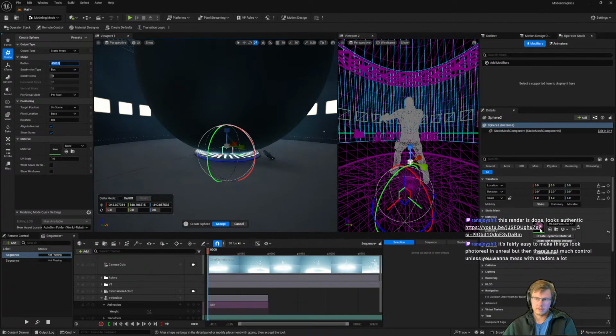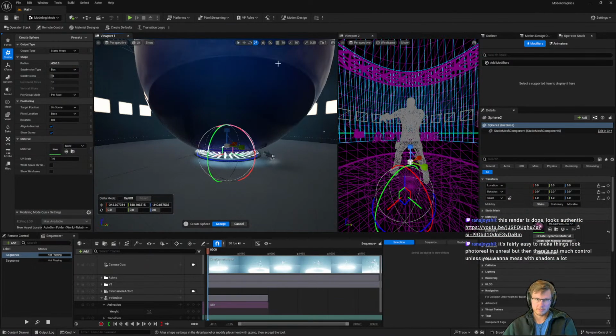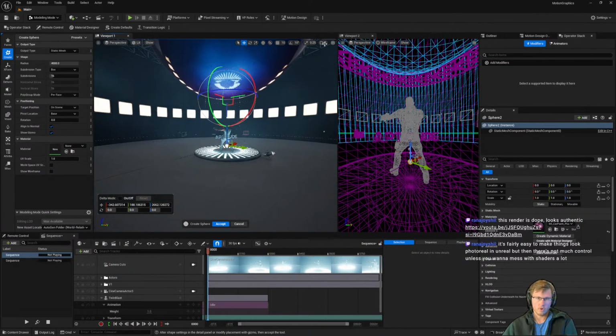Okay. Now if we add the car paint to this one, it's gonna look better. Add this one. It's got the reflections on it. This render is dope. Looks authentic.